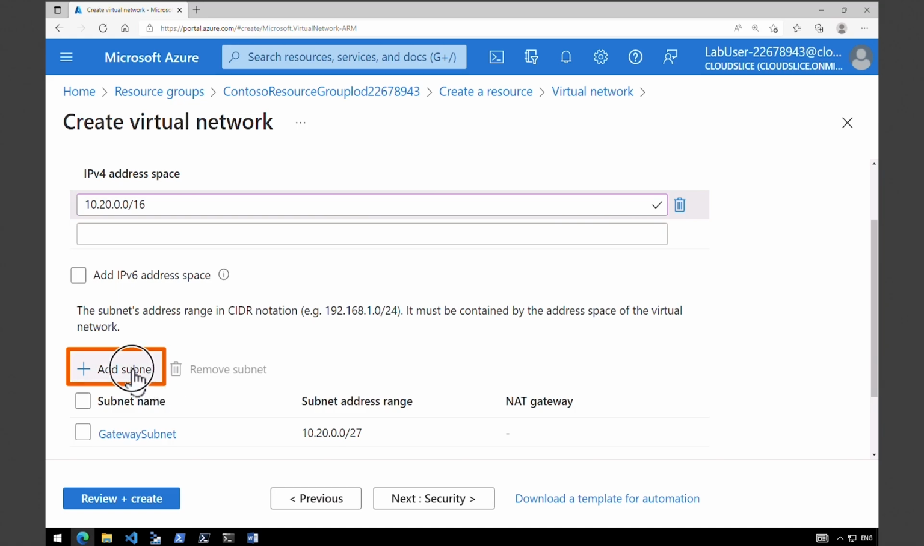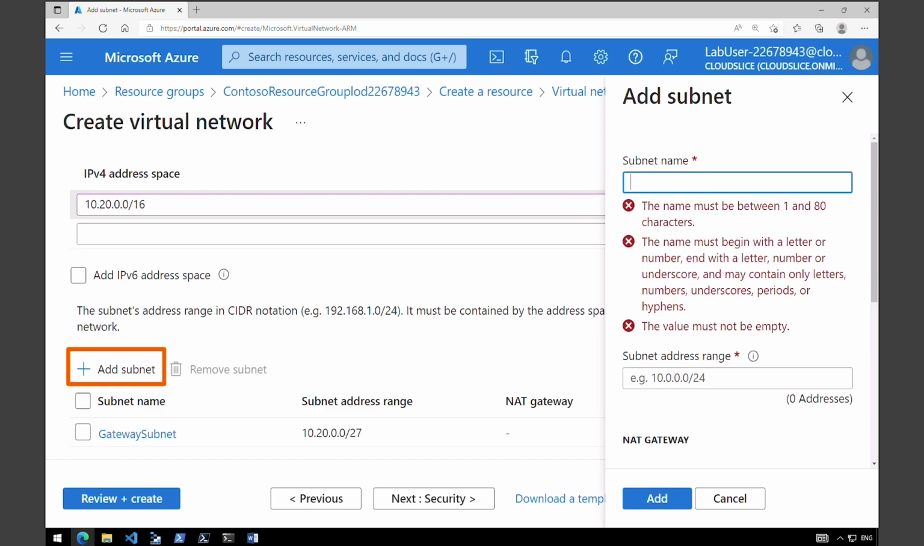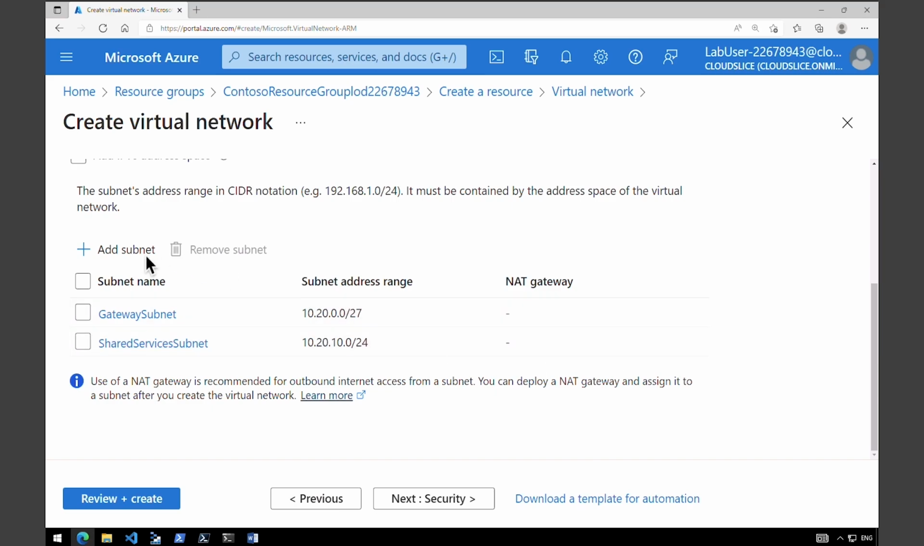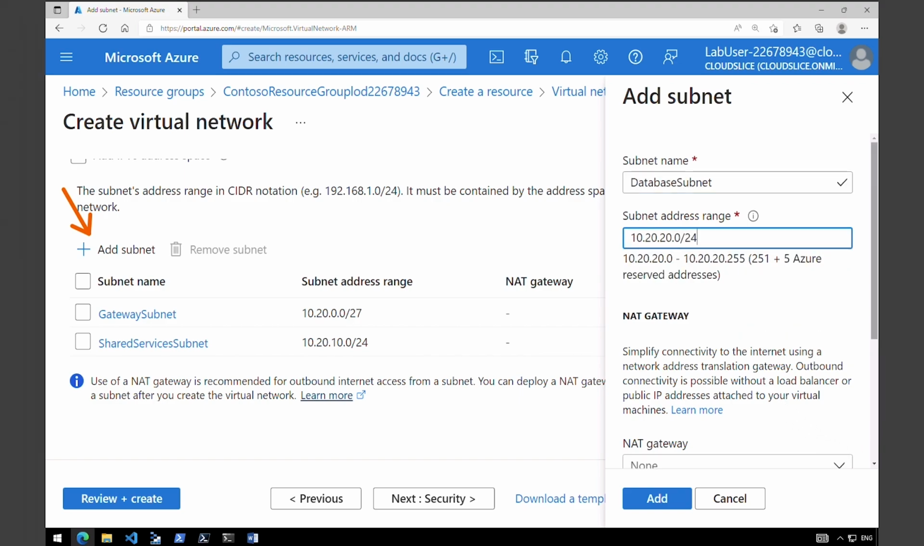Click on add subnet again, and this time we are going to create the shared services subnet. Give a name for your shared services subnet, and the subnet address range is 10.20.10.0/24. Again, click on add. Now we have our two subnets created. One more time, hit add subnet. This time add the database subnet and give the address range we want, which is